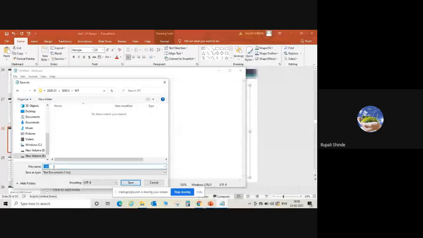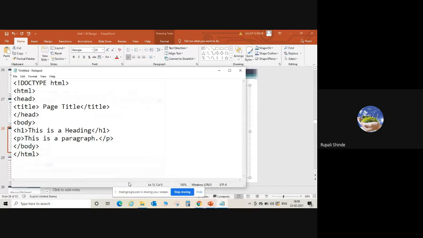So it's my first program, so I write down here one, or normally you can write the name one dot html. So what is the extension of our HTML file? That is dot html, one dot html. Okay, it's a simple HTML file. That's why the extension is dot html. And click on save. Okay, now my file is going to be saved.